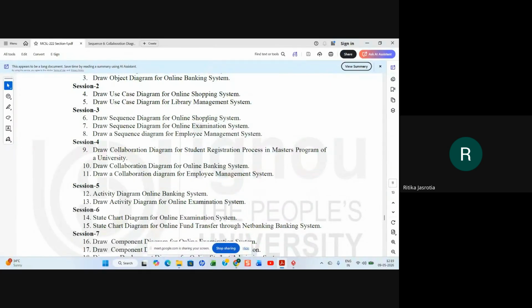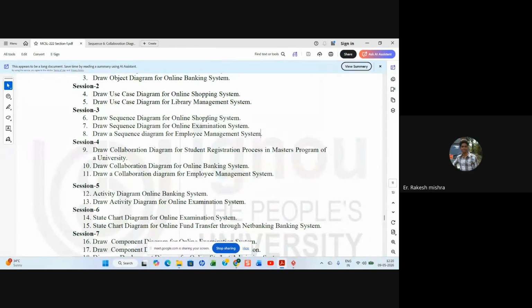If you are not given the situation, you are just told to draw a use case diagram on employee management or online shopping or whatever, then you take any one. If it is a 10 marks question and you only have to draw a sequence diagram, then you can say the login process will be like this, the attendance process will be like this, and make two, three separate diagrams.